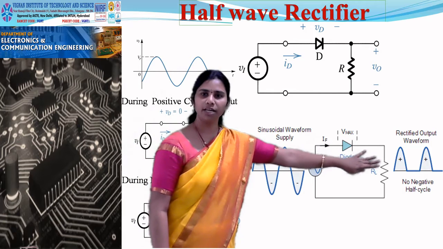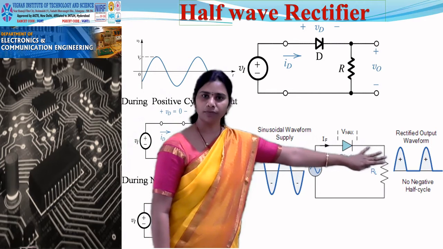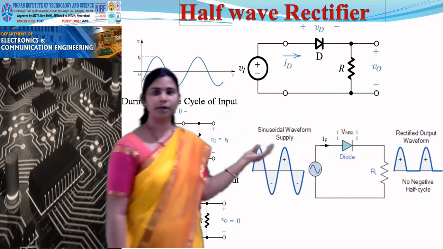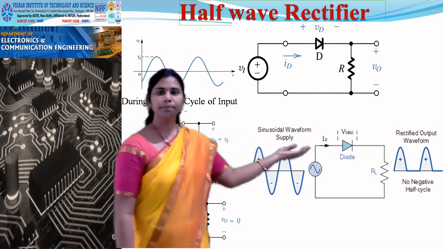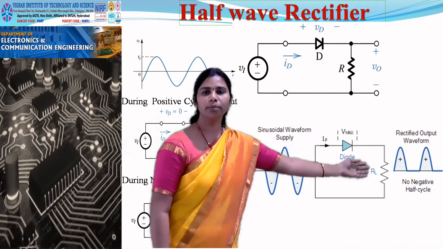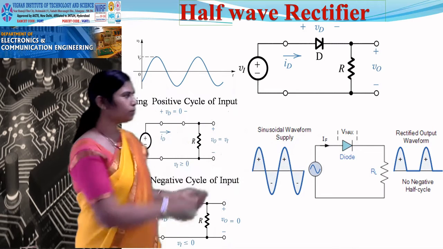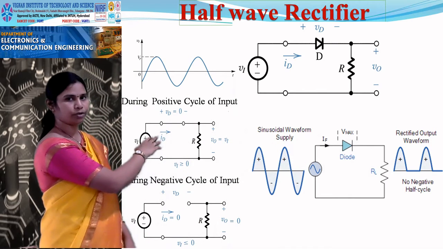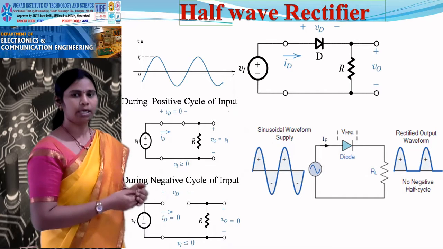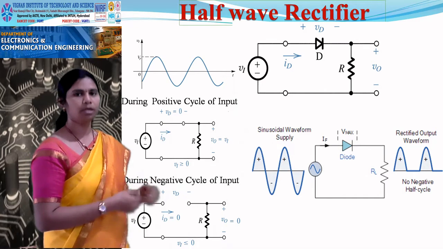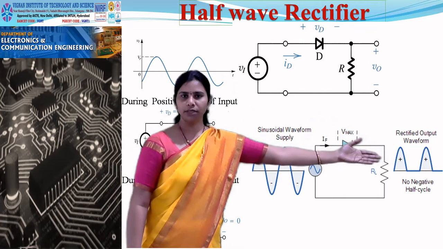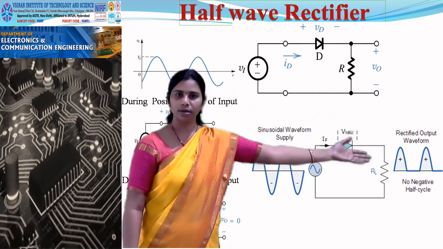Because of that, if you check, the output for the positive half cycle is the same as your input, because no other operation is done here. You are simply passing the positive half cycle through the diode and you are able to observe it at the load resistor. This is simply a closed circuit, a closed switch. So whatever you have given as input at the input of your rectifier circuit, the same thing you can see for the positive half cycle at the output of the rectifier circuit across the load.